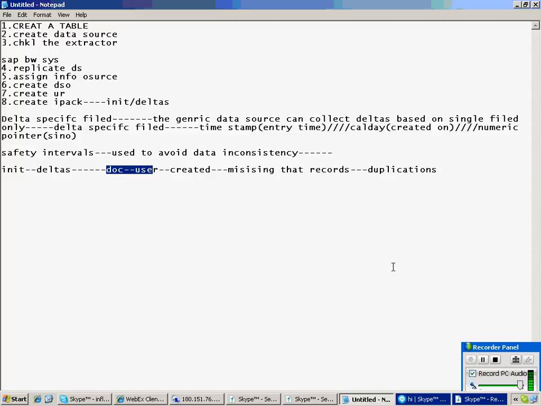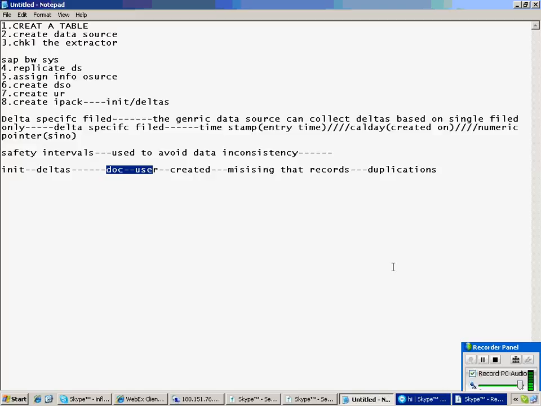The document is not available in the database. Unless it is there in the database, can we collect that record? We cannot. So there is a chance of missing that record, or sometimes duplications also. So it is a data inconsistency, right? Yes or no? Arun? Santosh, anything?